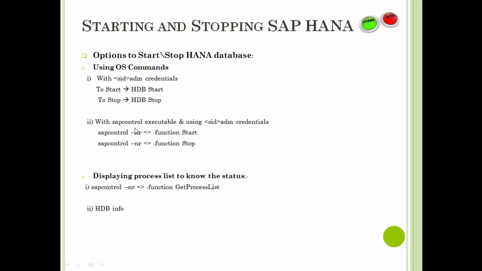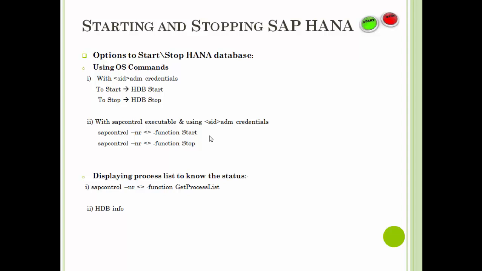Coming to SAPControl, the executable is a part of the kernel. So we have to first issue the stop command once the configuration settings are done. Use SAPControl with -nr, give the instance number, then -function, then give Stop. Similarly for start, use SAPControl with -nr, give the instance number, then -function Start. And once the stop and start is executed,